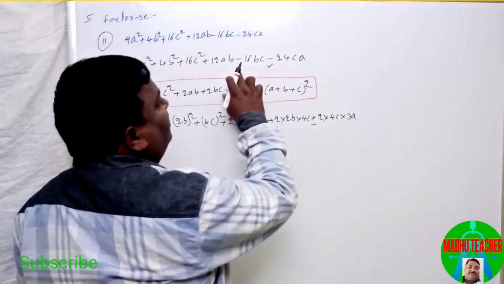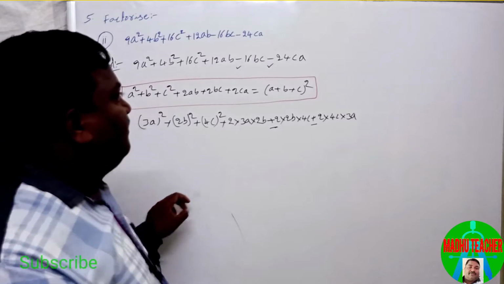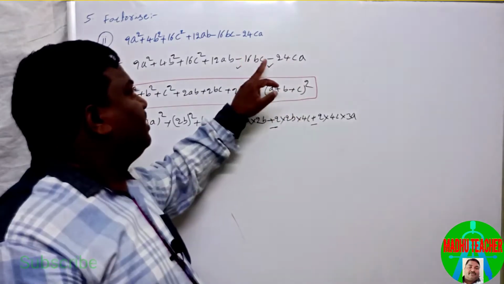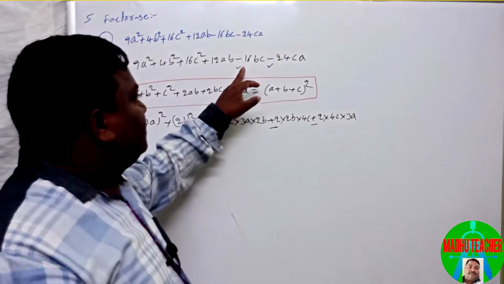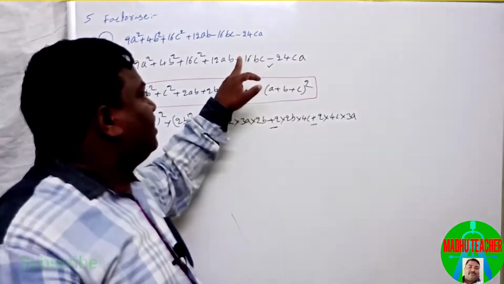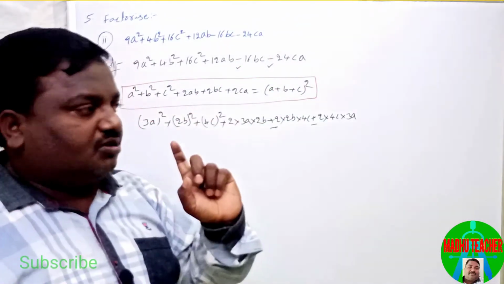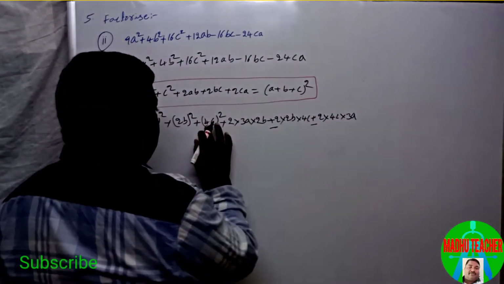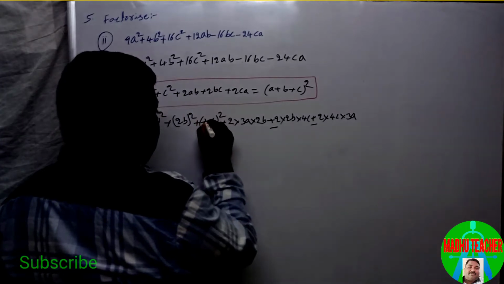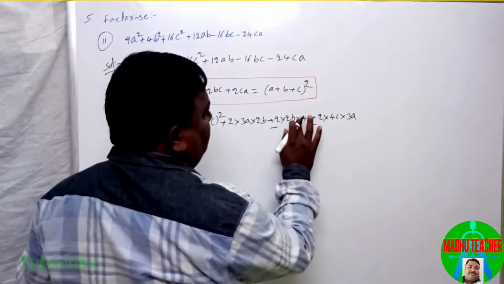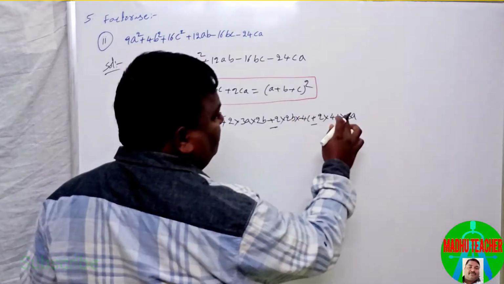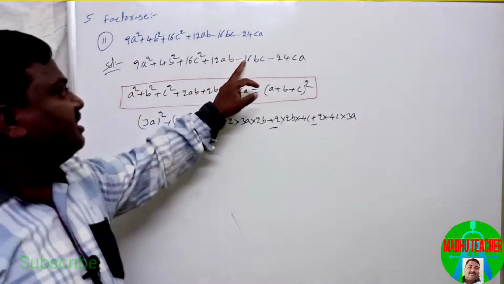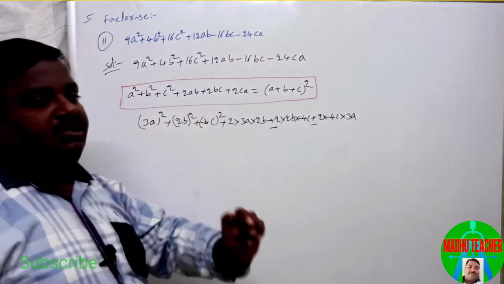So where are we getting minus? Where the c lies, there we are getting minus. Where the c is lying, there we are getting minus. That means minus comes only where c is. So we should keep minus to c. So I am writing minus to c. So here we will get minus 4c. Here also we will get minus 4c, like that. In this way we should observe where the minus comes and put the minus there.